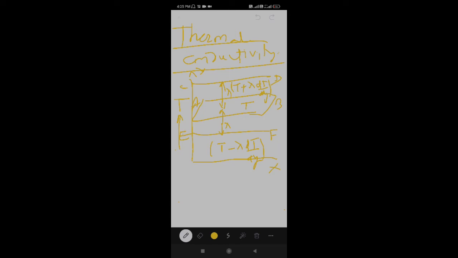Here, what is happening? The upper layer is at the higher temperature. The lower layer, that means the bottom layer, is at low temperature. The molecules from the lower level are going to the upper level, and the molecules from the upper layer are coming to the lower level. So what exchange is taking place here? Temperature exchange is taking place. This is what conductivity is. You know that. Now again all things will be the same.